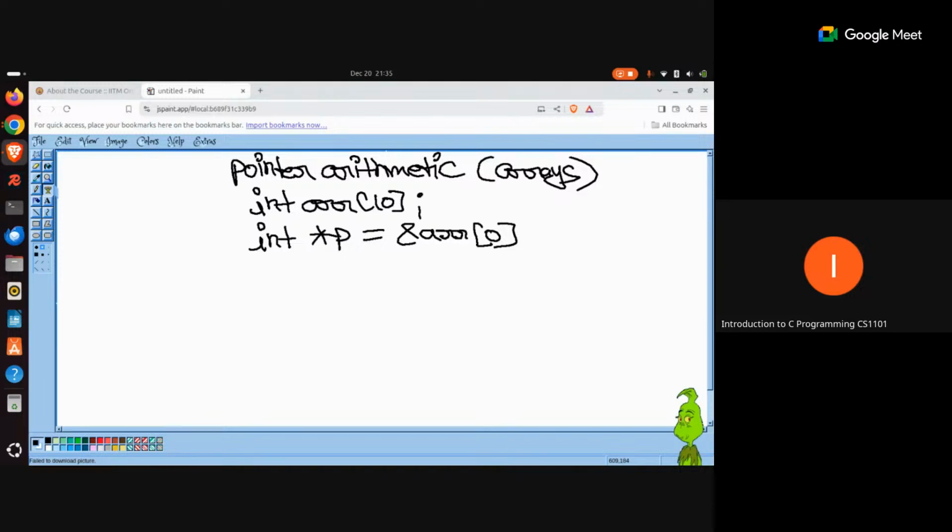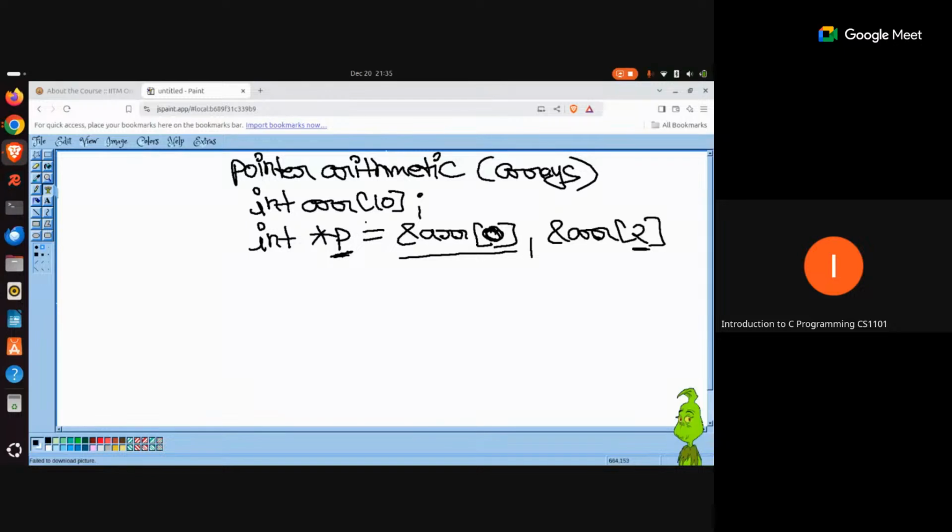So if you want a pointer to be referring to a particular array, this is how you should be doing it. I am giving the starting index as 0. That means this pointer will start referring to the beginning of this array. It is entirely possible for you to write a syntax like arr2. Now this pointer will actually refer to the third element of the array. Since it is the second index, that means it is the third element. So this depends upon your implementation, which index you want the pointer to be referring to.